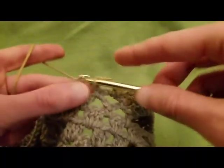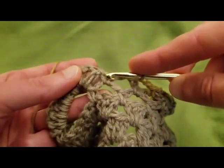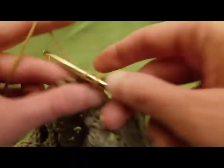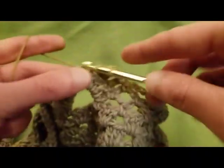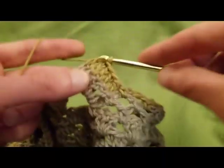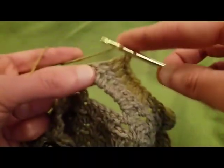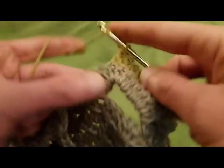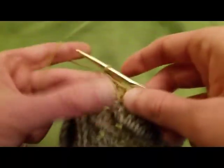single crochet into the next chain 4 space, and then being very careful not to go into this single crochet but going into the actual double crochet stitch. 10 more doubles. 2, 3, 4, 5, 6, 7, 8, 9, and 10. Single crochet into the next chain 4 space, chain 4,